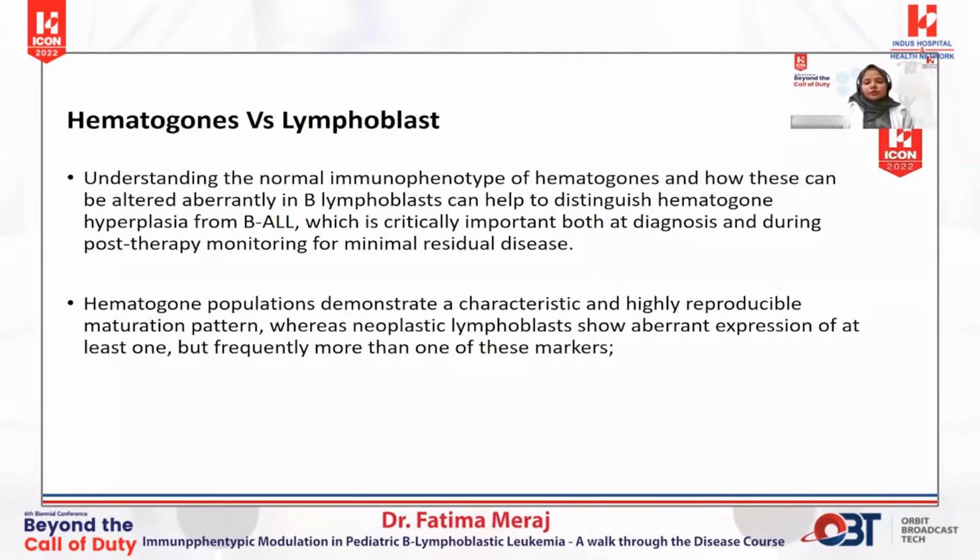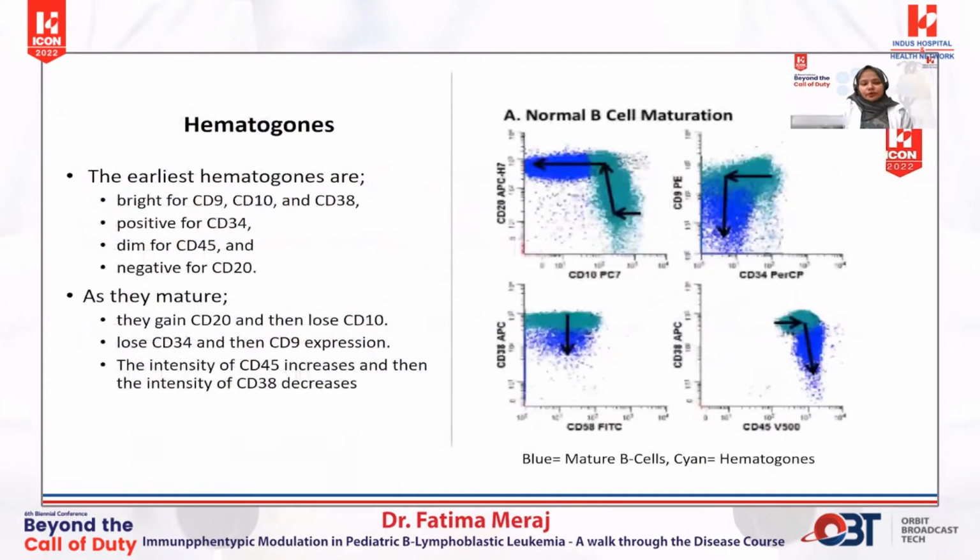The hematogone population demonstrates a characteristic and highly reproducible pattern of maturation, whereas the lymphoblasts show aberrant expression of at least one or more of these markers, which are normally expressed in hematogones in a specific pattern. In the next two slides, I will discuss this maturation pattern. In hematogones, there is a list of markers and there is a dot plot, which you can